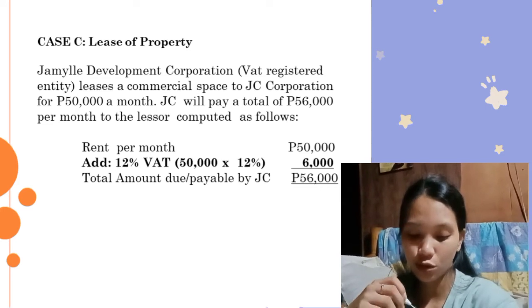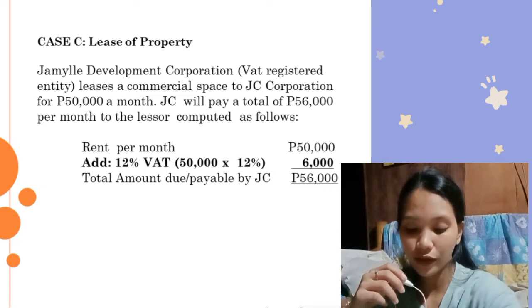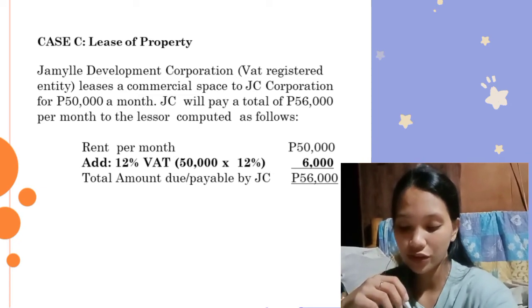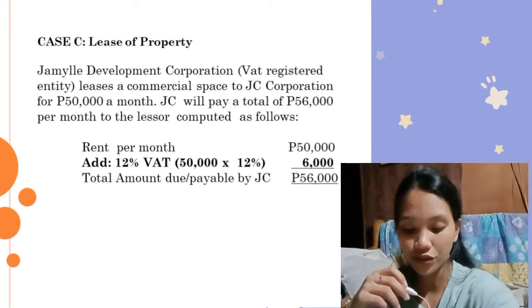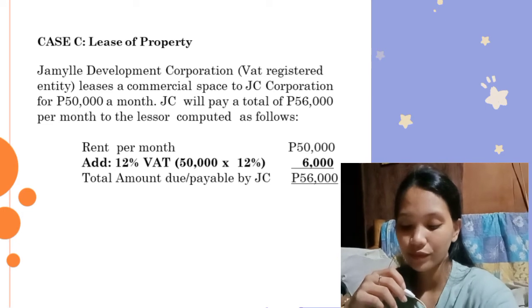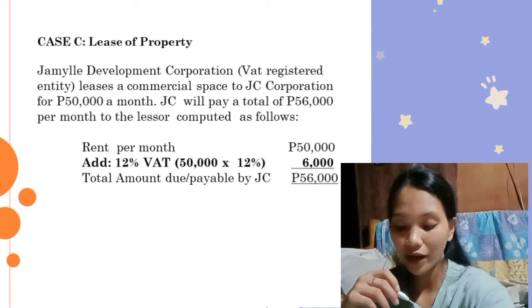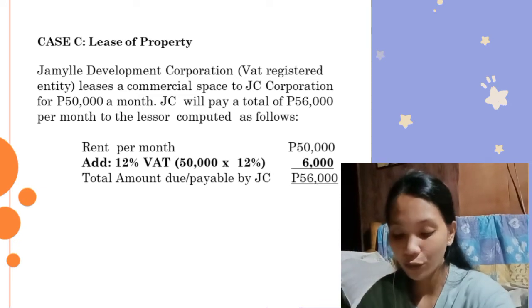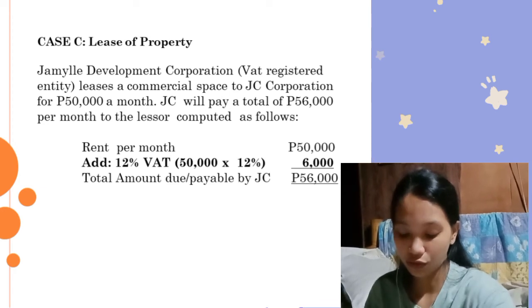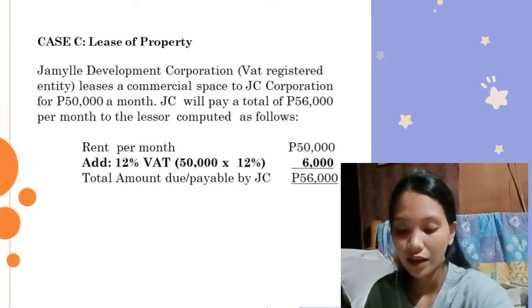So let's proceed to case C, lease of property. Jamil Development Corporation, a VAT-registered entity, leases commercial space to GC Corporation for 50,000 a month. GC will pay a total of 56,000 per month to the lessor, computed as follows. So how will we get the total amount due? First, let's get the rent per month, which is the 50,000, and then